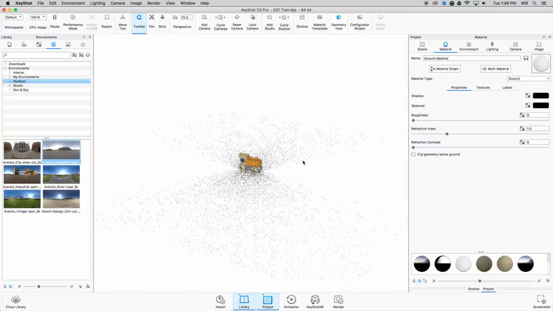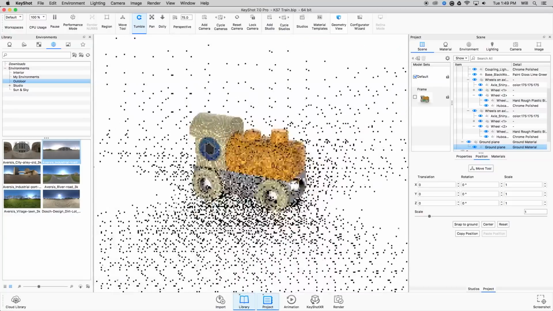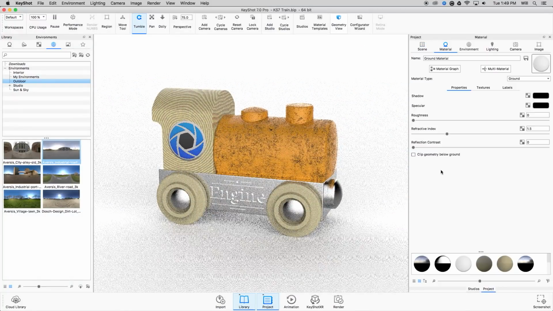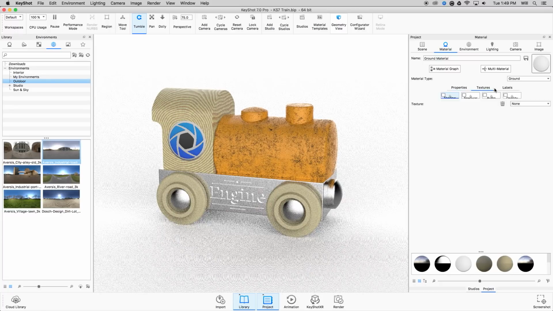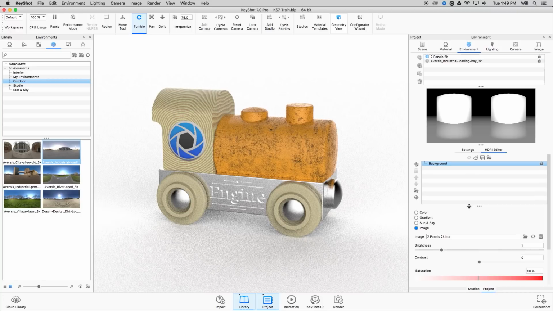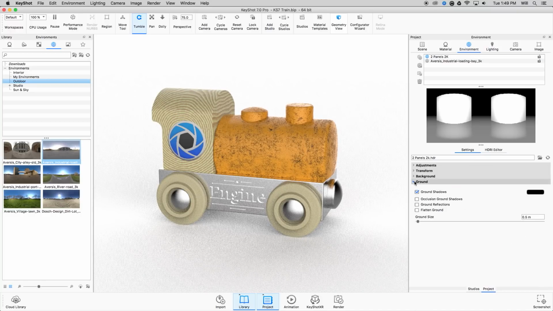So if I zoom out and I select the ground, we can see we've got a piece of geometry there. And something that is really cool with this, if I double click on this material, I guess I need to go into my environments, I can go into my settings and look at the ground, and we see that we have an option we can turn off ground shadows,